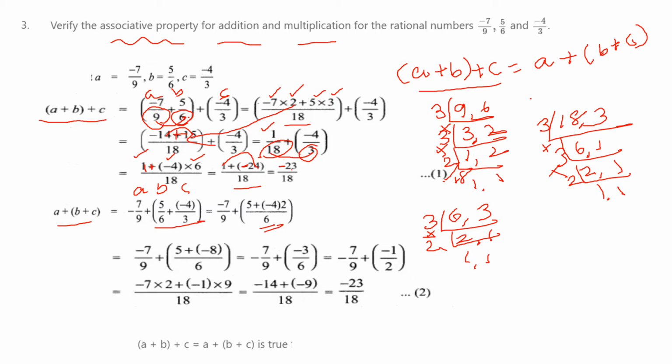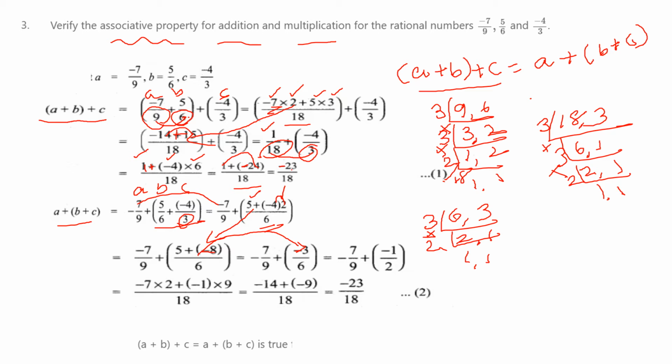So you write it as such. First 5. 6 in 6 one time only. So 5 into 1, 5. Plus 6 in 3, 2 times. So minus 4 into 2. So simplify again. That is 5 plus minus 4 into 2, minus 8 by 6. And again 1 plus 1 minus means subtract. 8 minus 5, 3. The greater number has the minus sign. So minus 3 by 6.